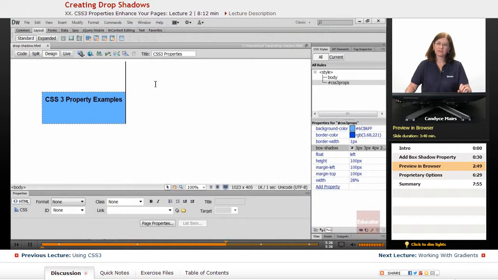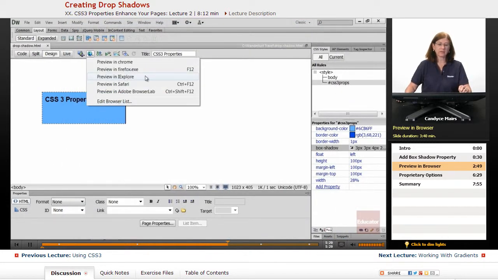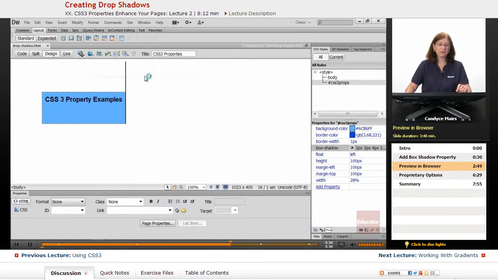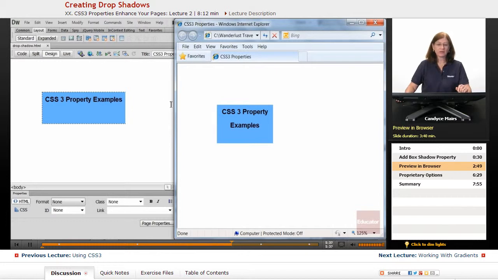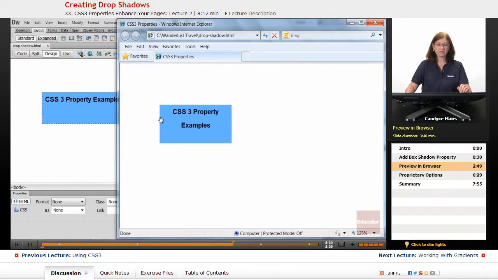What happens if we get to a very old browser and take a look? As I said, a lot of the people I work with, my clients who are at larger companies, are still using IE8. And notice it doesn't mess up the box, it just doesn't show. So there's nothing we can really do about Internet Explorer 8. There are some hacks and frameworks you can pull in and those types of things to try and get it to work. But I'm not going to worry too much. As long as that box looks okay and I can still see the outline of the box in Internet Explorer